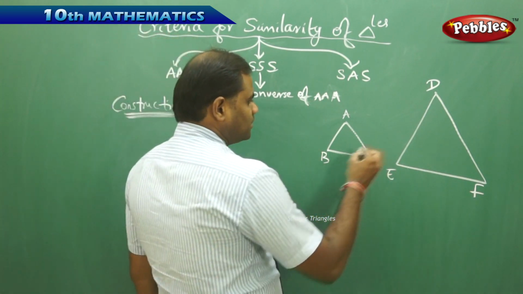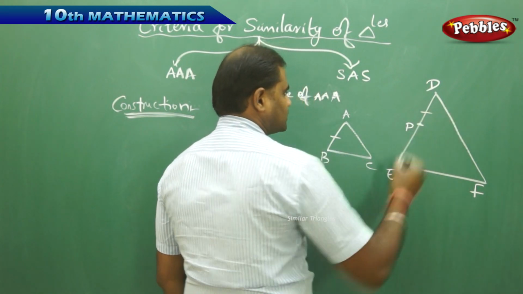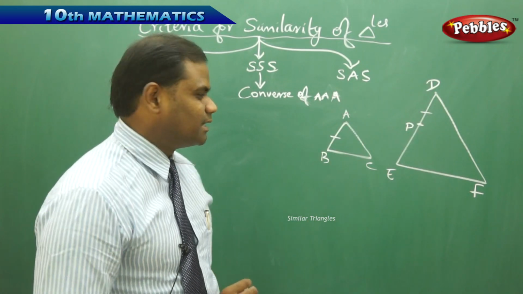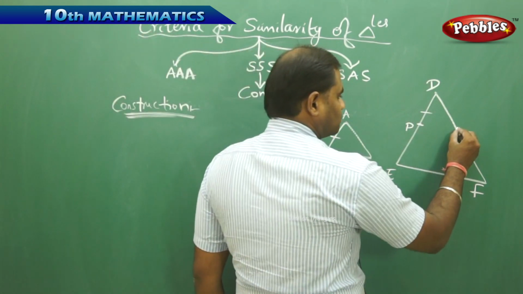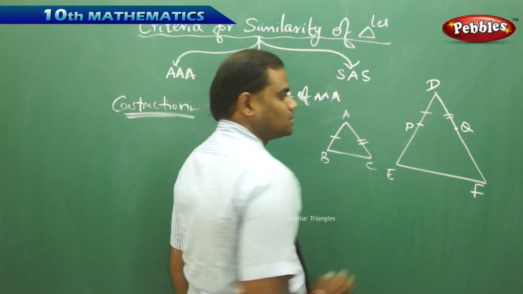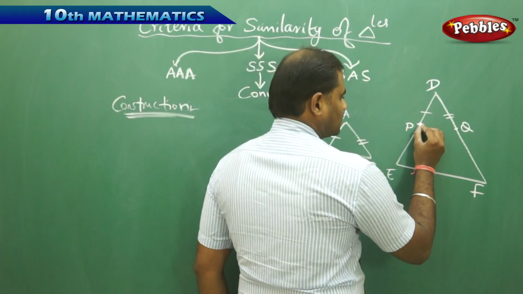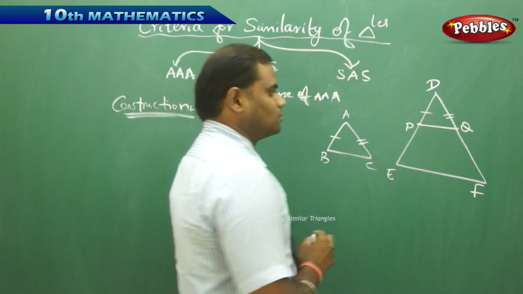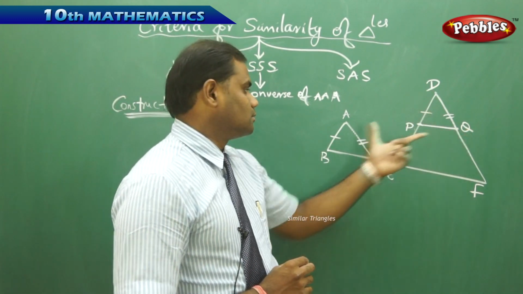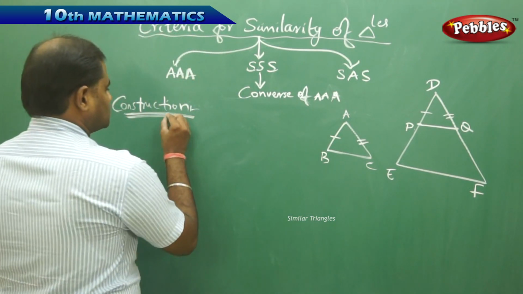Now here, let me take a point P on DE such that this length is equal to this length, that is AB is equal to DP. Similarly, I take a point Q such that AC is equal to DQ. Now once I get the points P and Q, I just join P and Q so that I get triangle DPQ in reflection of triangle ABC. So here the construction is